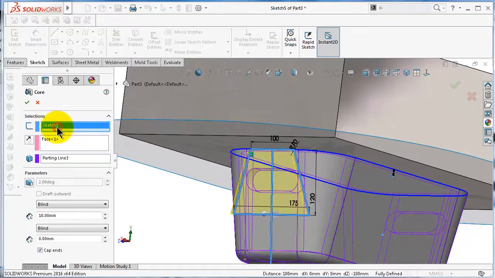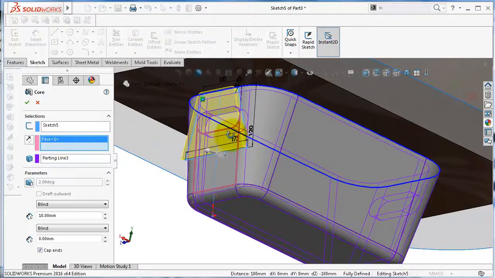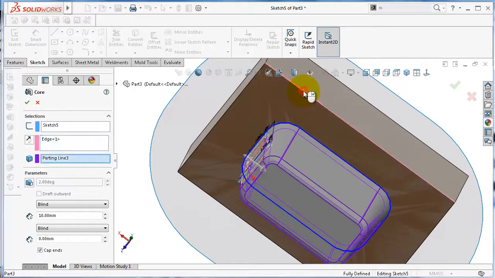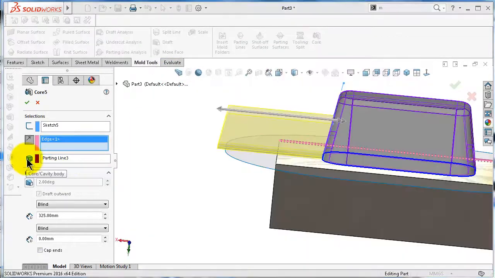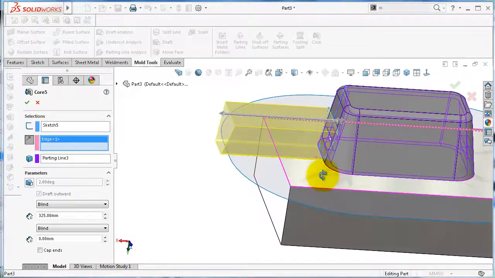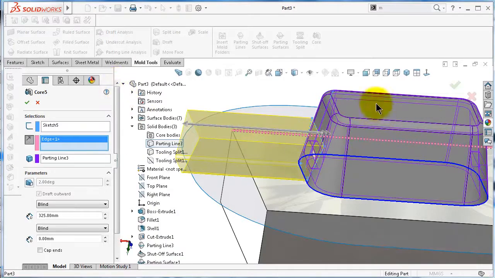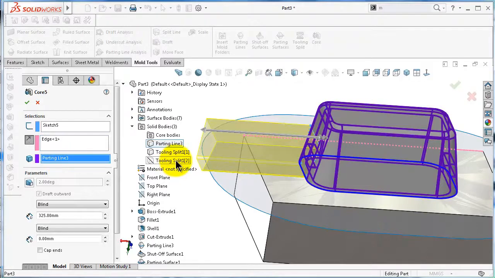you'll notice SolidWorks will automatically generate the side core, and you will see the sketch which we made is selected, and for the direction it selected a face inside, but to be sure of the direction we select this edge, because you can imagine the side core will be dragged in that direction. And here for the core or the cavity, you need to specify from where the core will be extracted. So in this case it will be the upper side of the mold or the cavity, which we hid over there. We can select here,